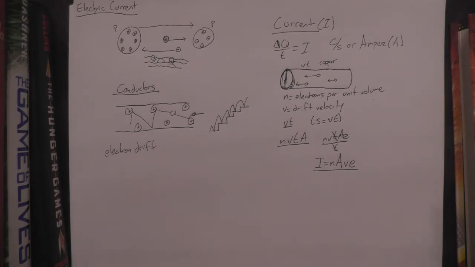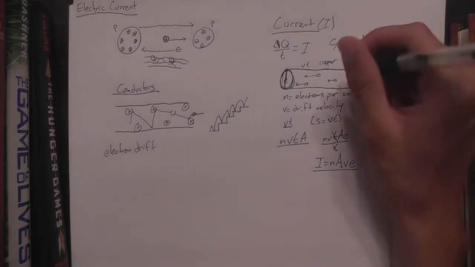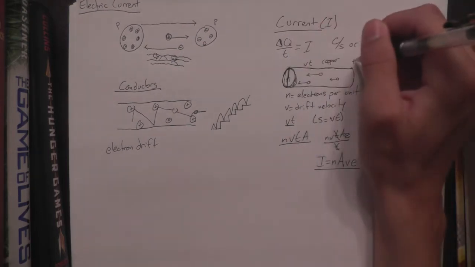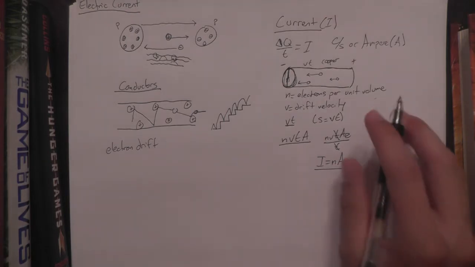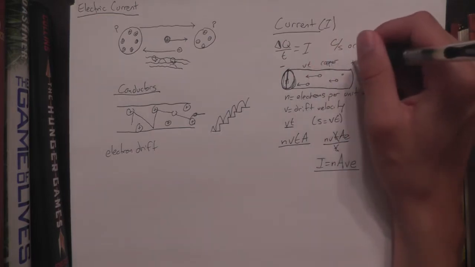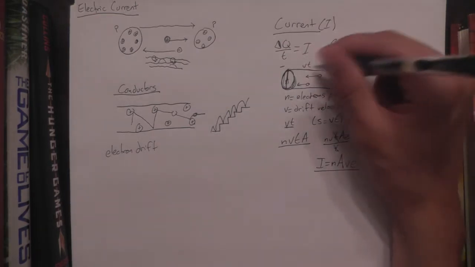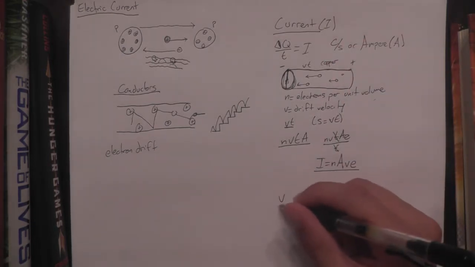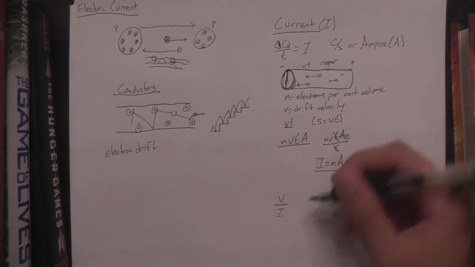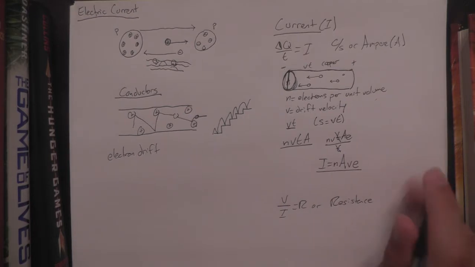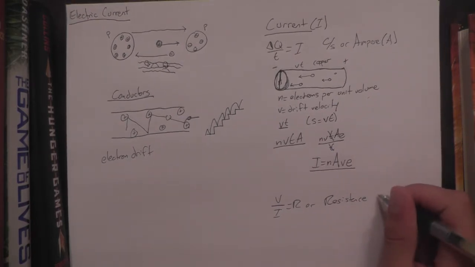Because the amount of current flowing through a particular conductor is related to the potential difference across it. These electrons are going to be flowing from a high potential to a low potential. There's a potential difference. A good conductor will allow a high current, a large change of charge across this potential difference. A bad conductor will have a lower change of charge. So the ratio of this, defined as the potential difference over the current, equals R, or resistance, which is measured in ohms,